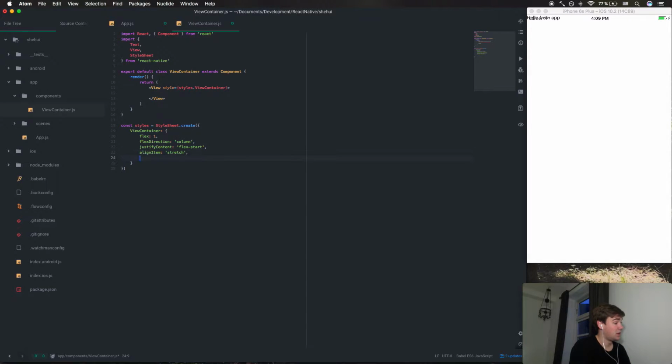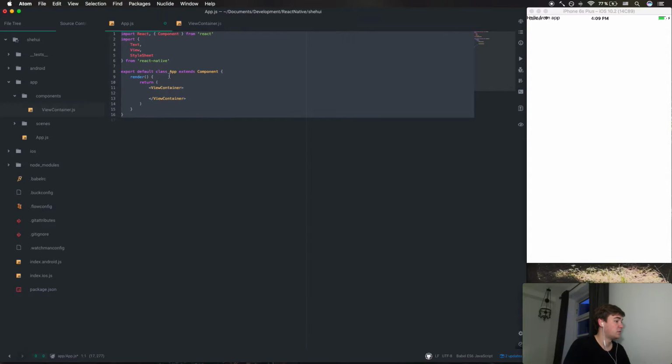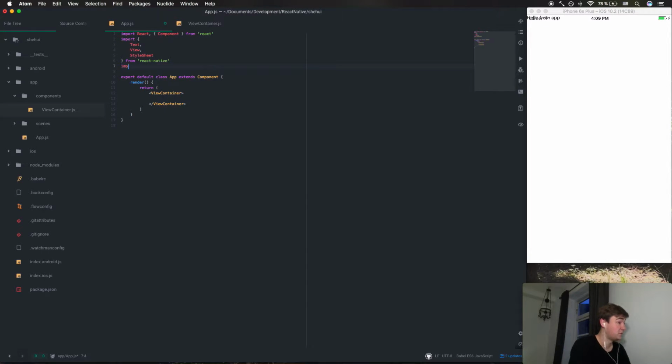Just so you can see what happens, let's give it a background color of, what do you say, Misty Rose, something like that. So now you can see, obviously it doesn't know what it is. We have to import it here. So import view container from